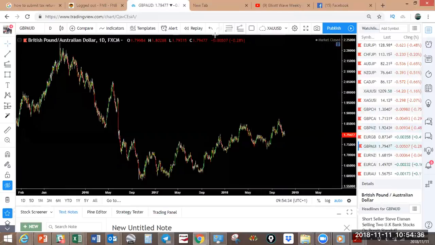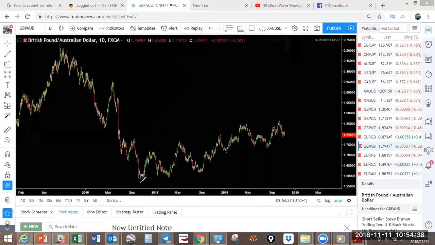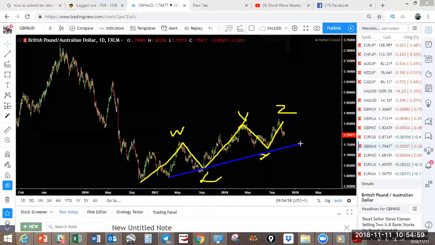Pound AUD also, I wanted it to push one up because of the degree as well. 1, 2, 3, 4. You can see also an 11 swing sequence, W, X, Y, X, Z. Why am I not labeling this 1, 2, 3, 4, 5? Because this is by no means a 5-wave impulsive move. You can see that this structure is very corrective. So what are we going to look out for? If we just do the channeling,